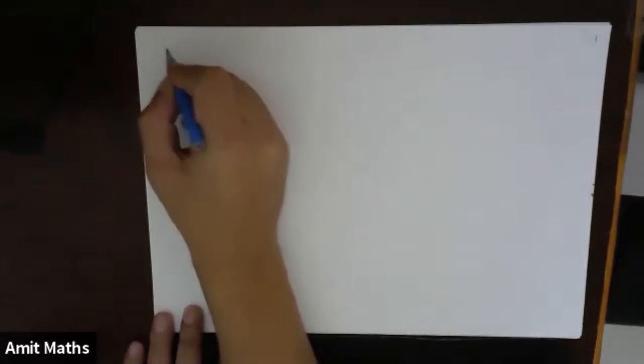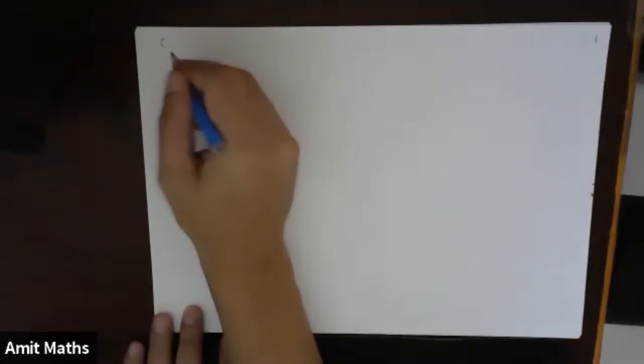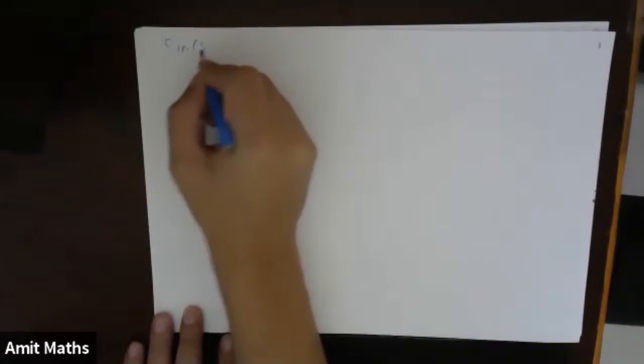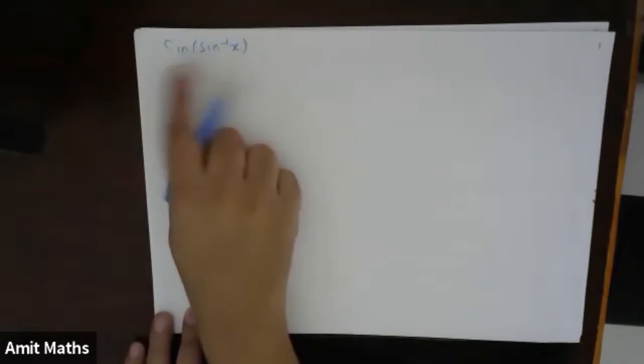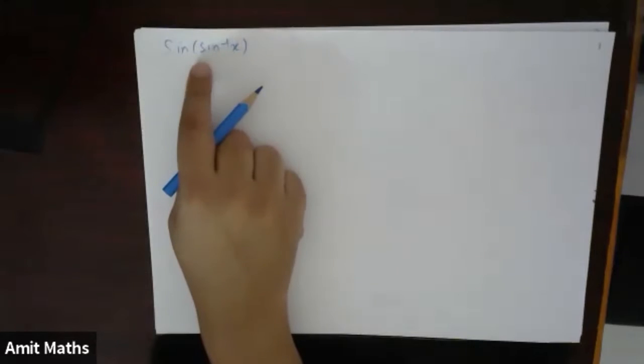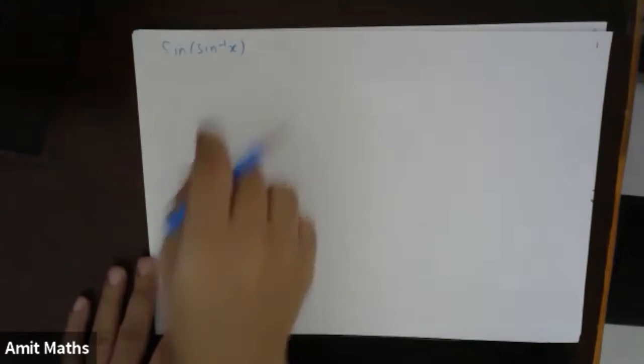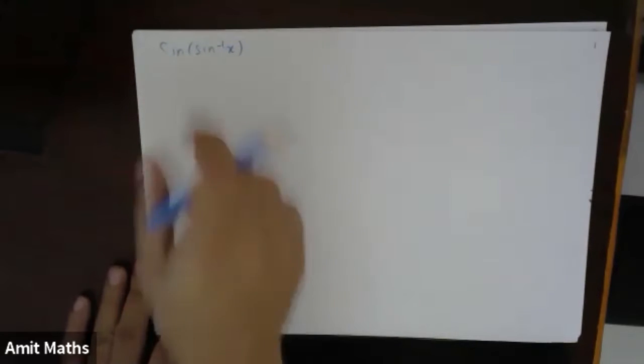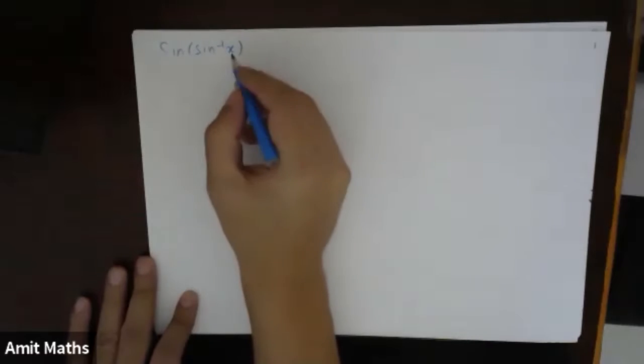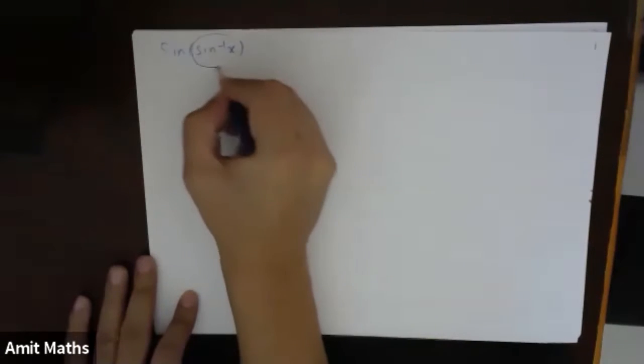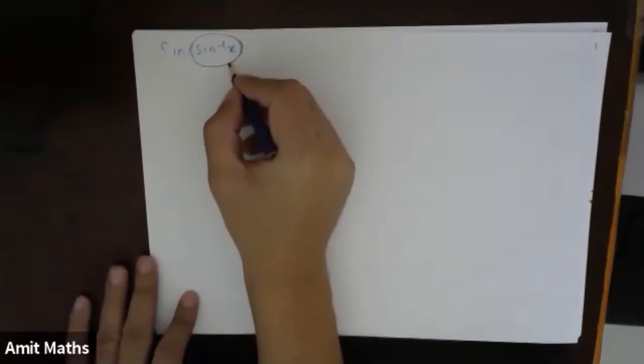One of the properties of ITF, which we have already seen: what will happen if you have sine of sine inverse of x, cos of cos inverse of x, tan of tan inverse of x, right? So basically, in these kinds of questions where you have sine of sine inverse, the domain will be taken by this. The x first will be taken by sine inverse, right?